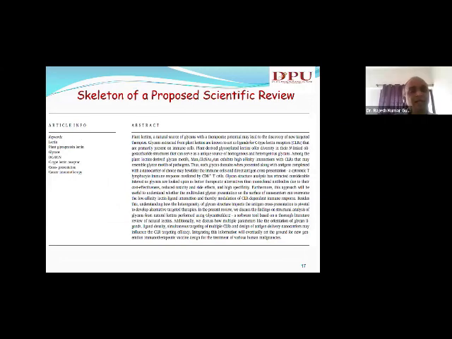And if you see the keywords, for this paper we selected: lectin, plant glycoprotein lectins, glycans, and then DC-SIGN. DC-SIGN is a very well-established abbreviation, so we directly used it as a keyword. Then C-type lectin receptor, cross-presentation, and cancer immunotherapy. Here we have given 6 to 7 keywords, and we are allowed that.